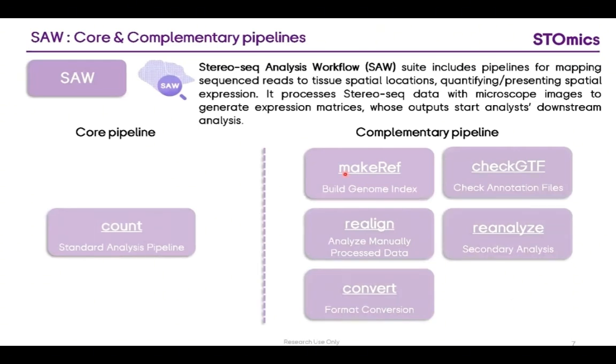Like MakeRef, it builds a genome index for alignment. Sometimes if you are unsure about your genome annotation file, you can use SW check GTF to verify the format and the content of your gene annotation files. Together, these tools simplify spatial omics data analysis. Today, due to time constraints, we will mainly focus on three key pipelines: SW count, SW MakeRef, and SW